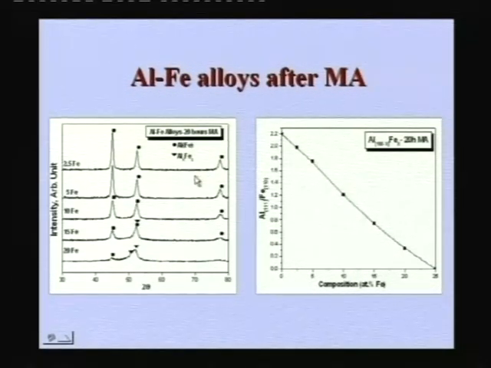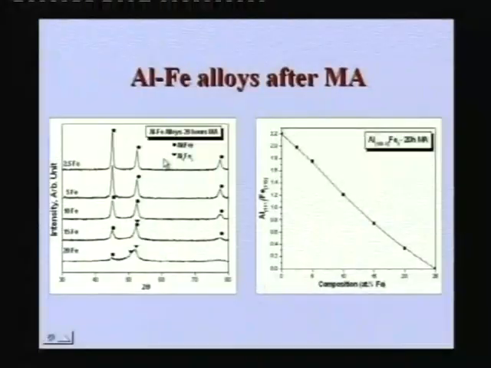What happens to iron? Yes, that iron goes into solution and forms a solid solution basically, and it is so small that you cannot really see any precipitates coming out. Those precipitates cannot be detected because their volume fraction is very small. But as you keep on increasing this